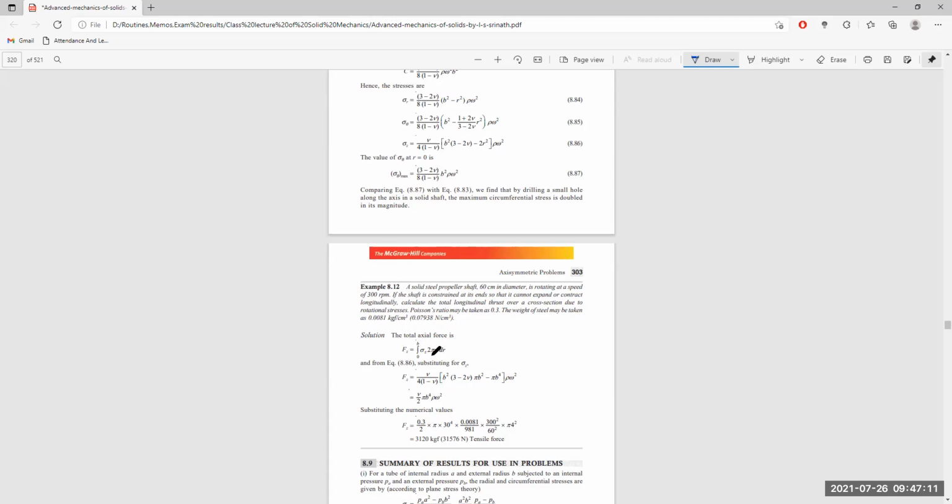Sigma z is the stress in the z direction or longitudinal direction. So integration is taken from 0 to b itself. Now, the equation exists like this here. So you put the value of this, (4 minus nu) b square minus (3 minus 2 nu) ... pi b square minus pi b to the power 4 into omega